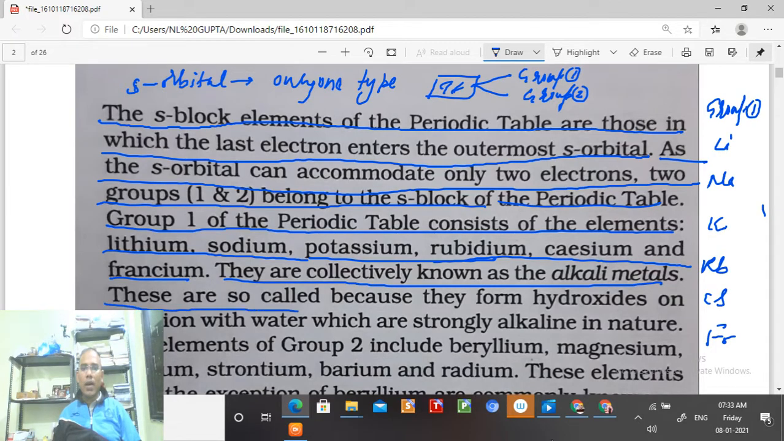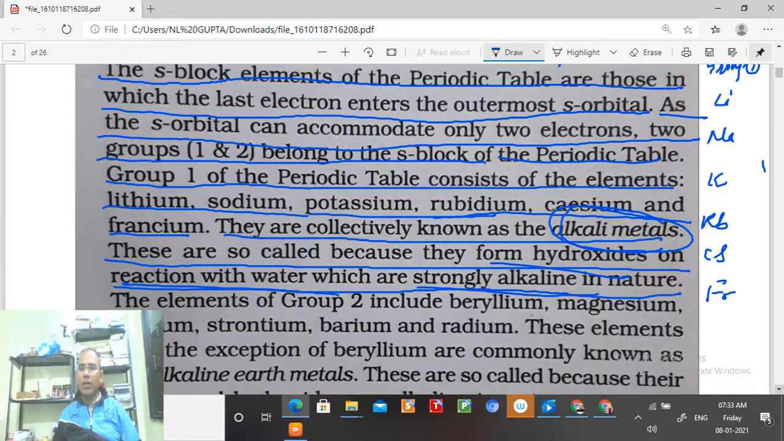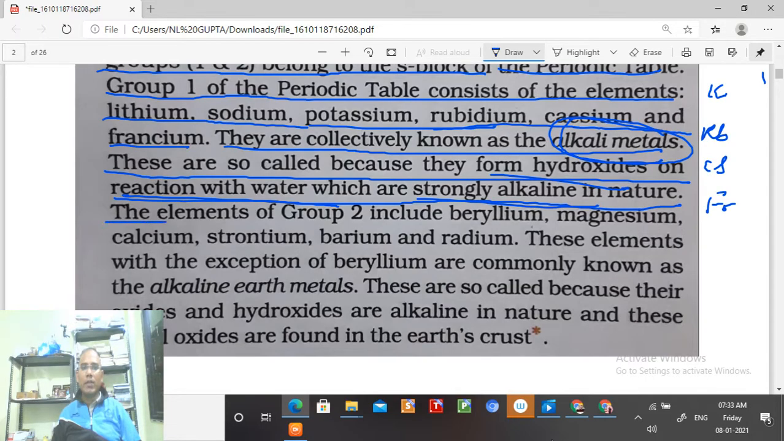These are so called because they form hydroxides on reaction with water which are strongly alkaline in nature. So why are they called alkali metals, students? Because they form hydroxides on reaction with water which are strongly alkaline in nature. Next they are saying the elements of group 2 include beryllium, magnesium, calcium,